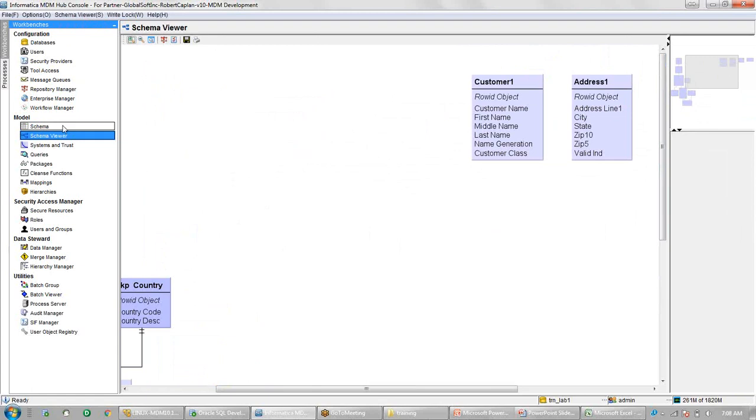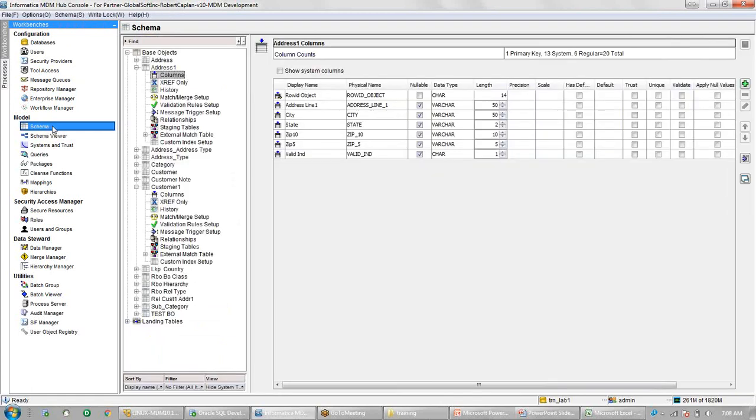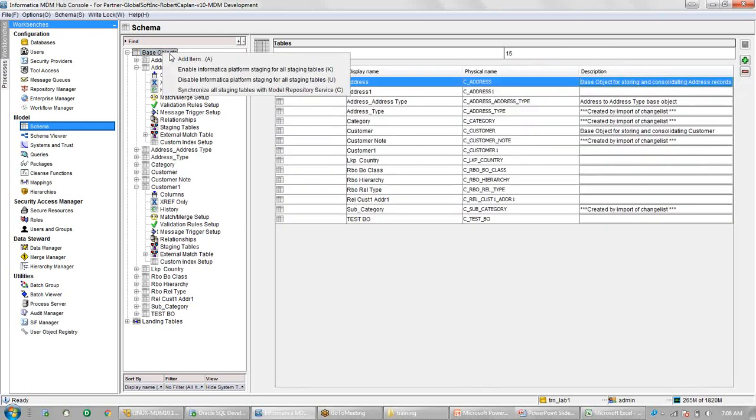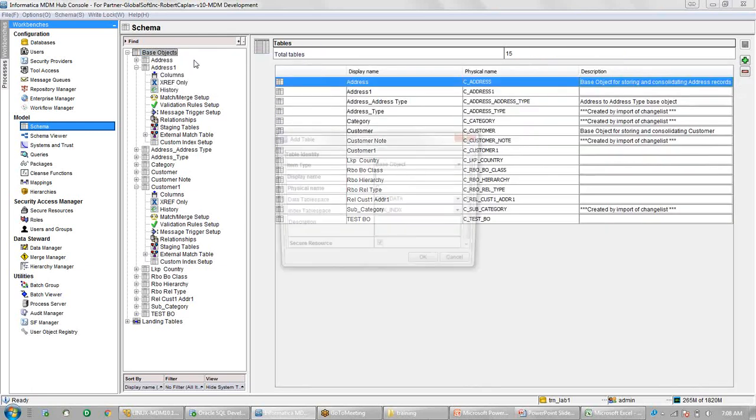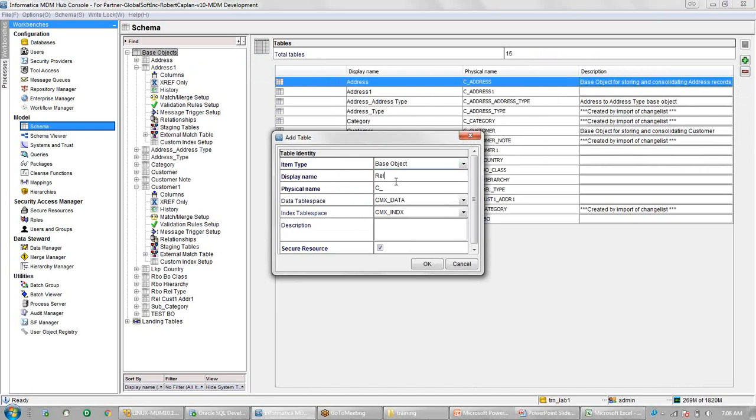So for creating a many to many relationship between the tables, I will go and create a third base object. I will add a new base object here, and I will give the name as REL, just to represent that this is a relationship table, and I will give customer 1, address 1. So I am creating a relationship between customer 1 base object and address 1 base object, and I am giving them such a naming convention here.